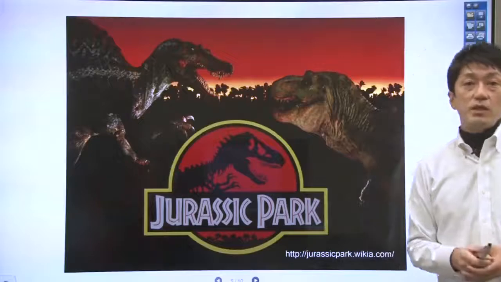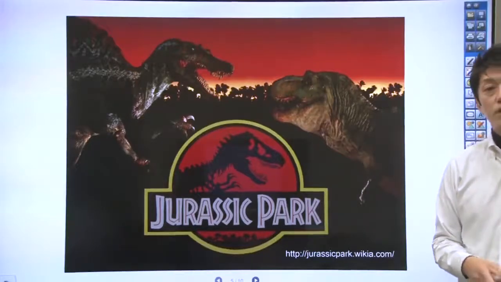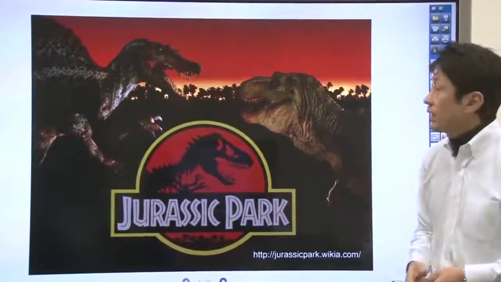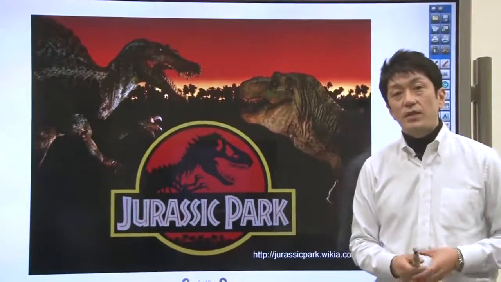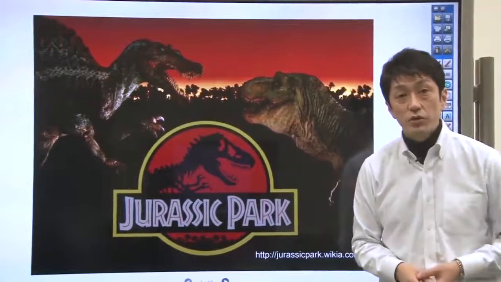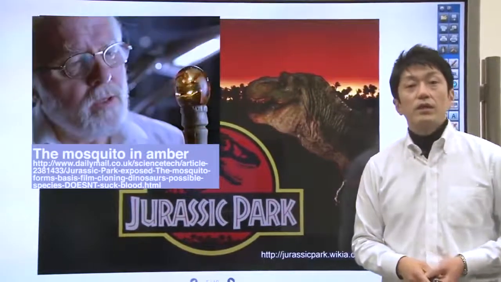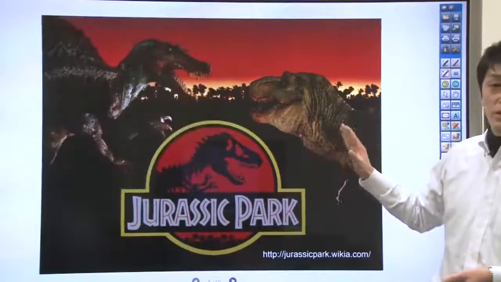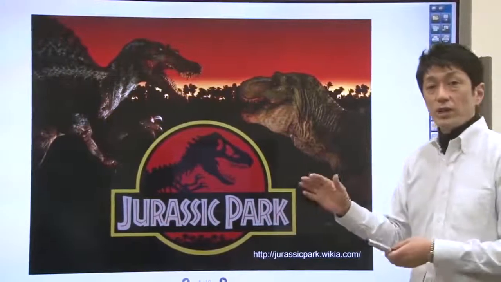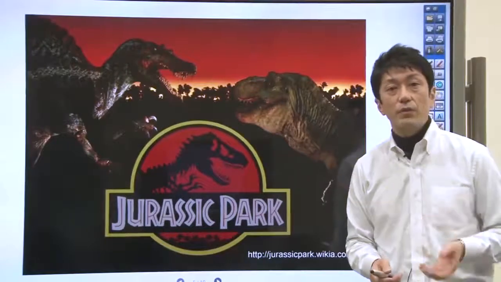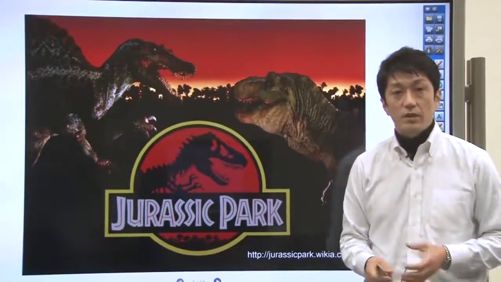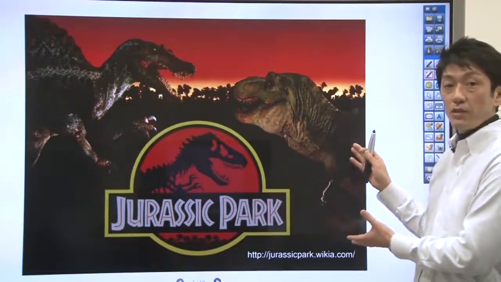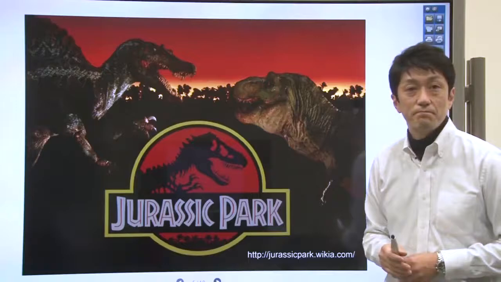So when the PCR technique became popular, the film Jurassic Park was a box office hit. In this film, the scientists found ancient mosquitoes preserved in amber. The bellies of the mosquitoes contained the blood of dinosaurs. The genes were extracted from the dinosaurs' blood and amplified with PCR. The dinosaurs were brought to life from the resulting DNA sequences.